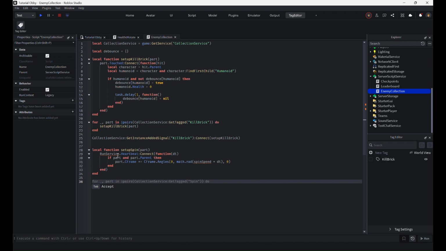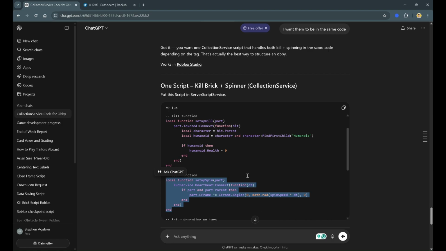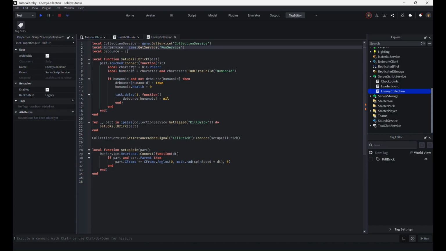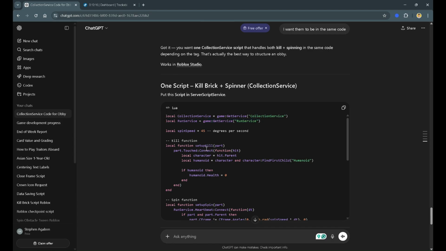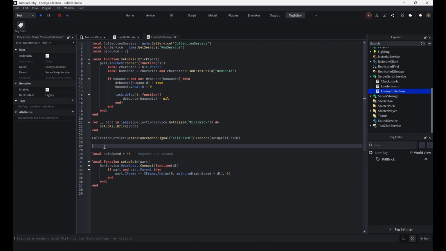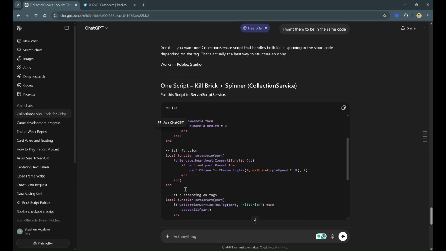Oh, all right. So we haven't really called our run service yet. So let's call the run service first. So we would have the setup on the spin function, and then we will put our spin speed in here. We would name it degrees per second, or yeah, let's put it right here so we would know that this is the rotate kill brick. And then after that, we would need the